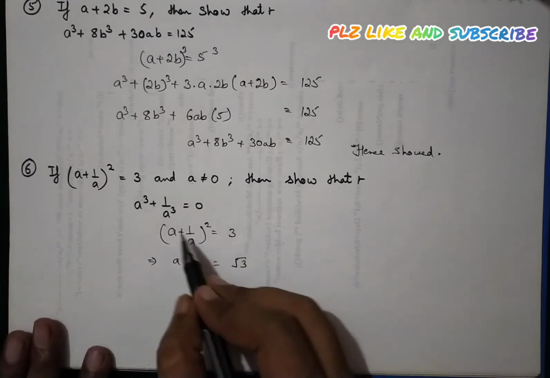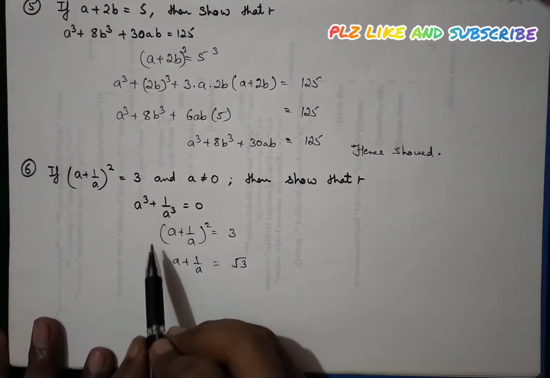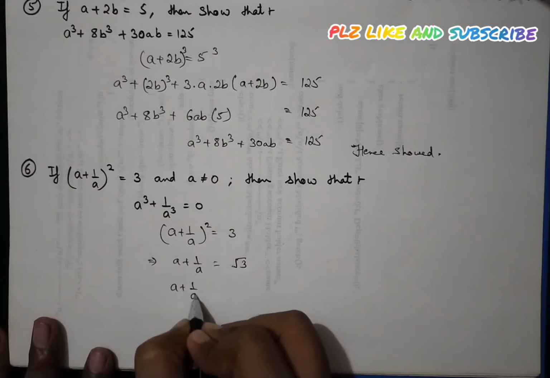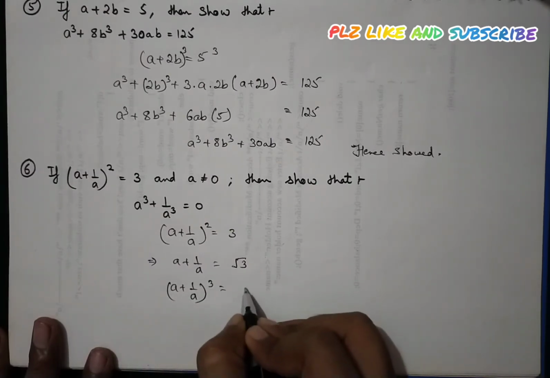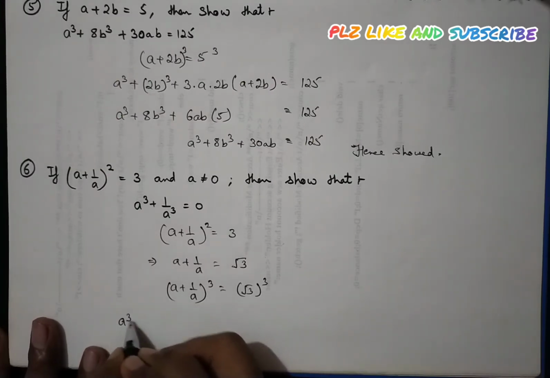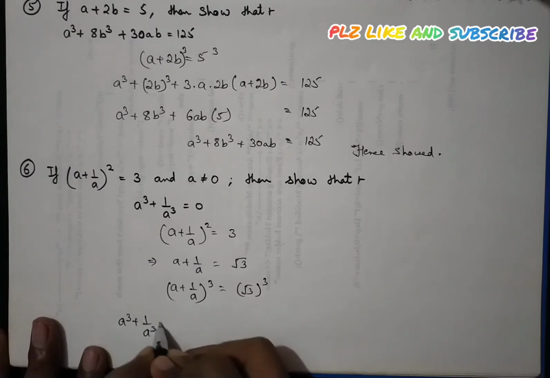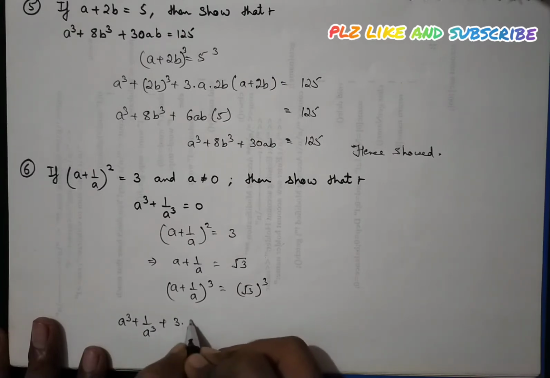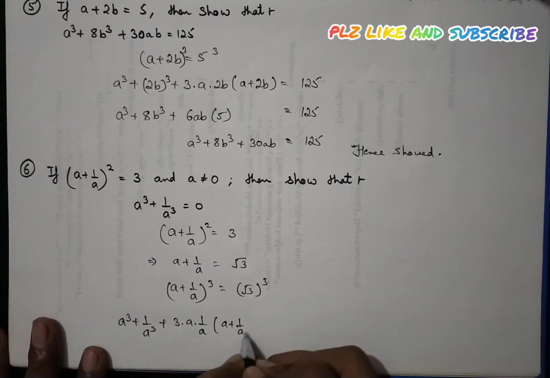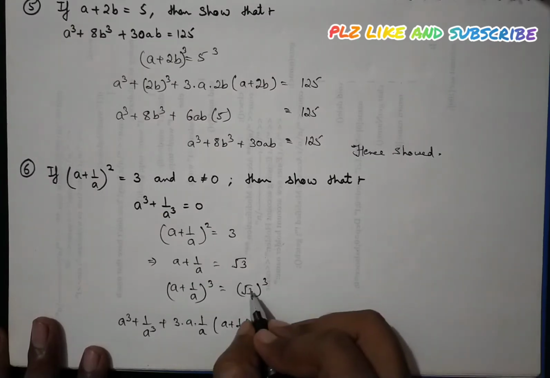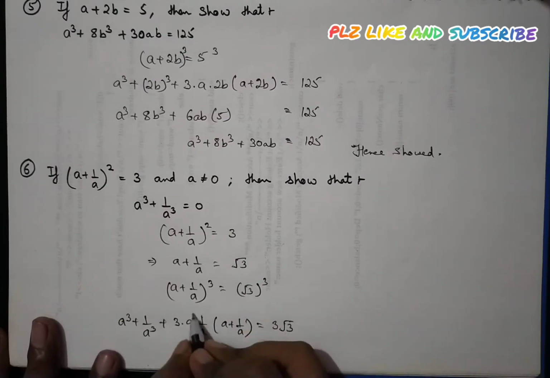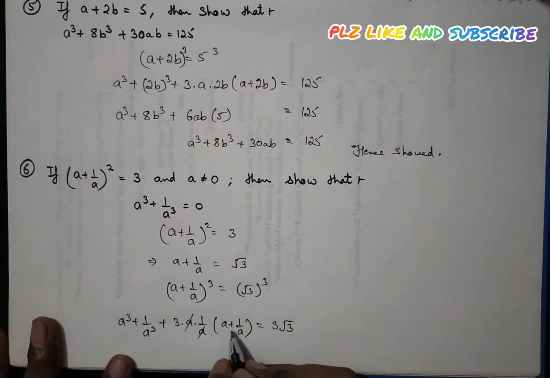Now to get the expression of a cube plus 1 upon a cube, we can take the cube on both sides, and this will become a plus 1 upon a whole cube, and that is equal to root 3 whole cube, and this will be a cube plus 1 upon a cube plus 3 into a into 1 upon a times a plus 1 upon a equals the cube of root 3, that is 3 root 3. Now here this will be cancelled out, and we can place the value of this one,